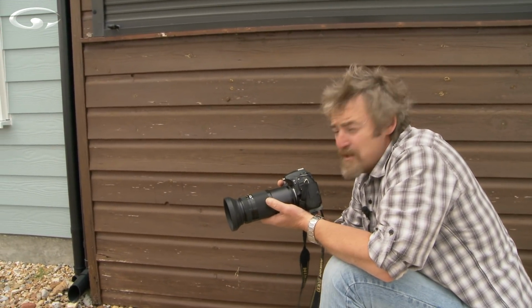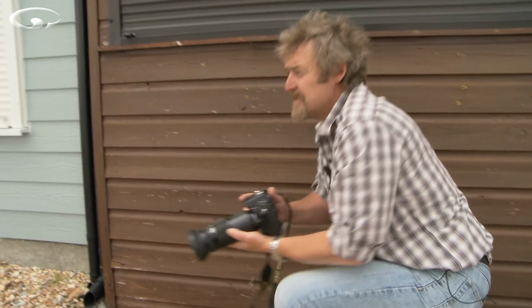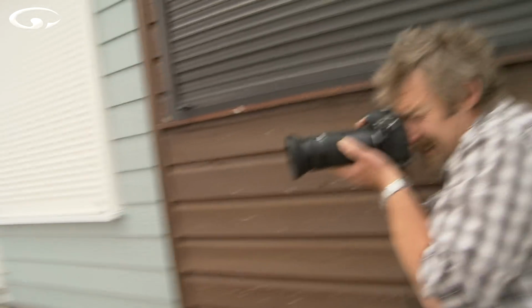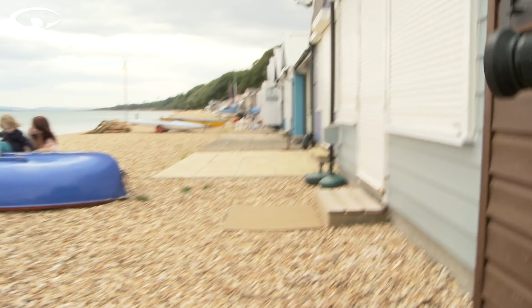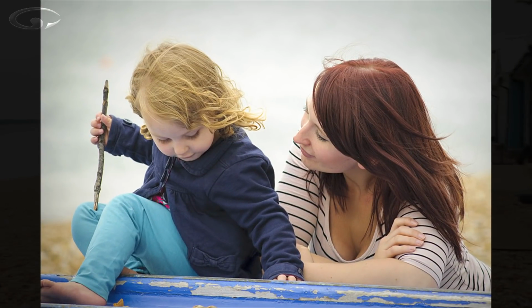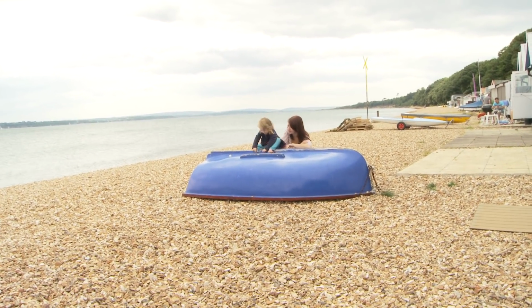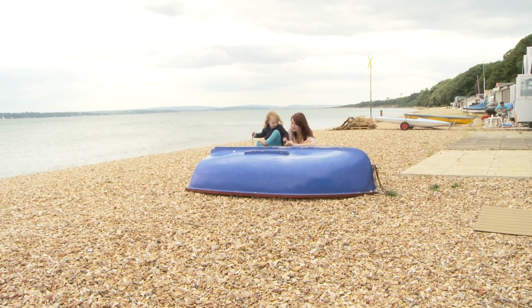I'd like to isolate them with the blue of the water. So I'm just going to raise up a tiny bit, like that. That's cool. And now I'm isolating them. That's pretty cool, I like that. Little quiet moments like this can be gold. But you do have to,